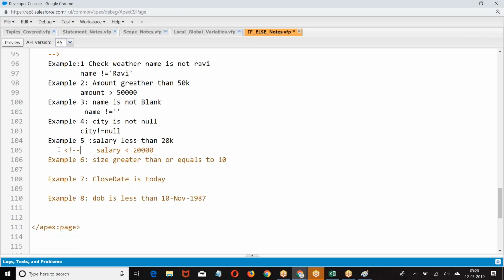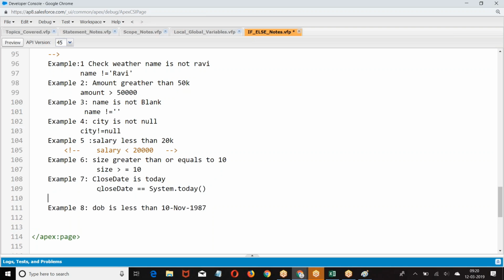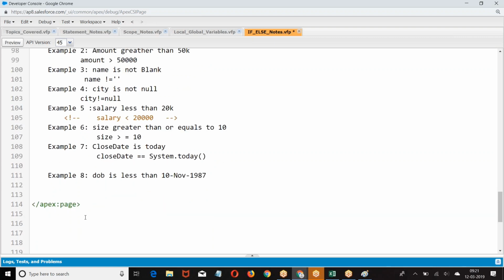Because I'm typing in the VF page, there's some issue there. Okay. The next, greater than equal to, then close date equal to system dot today. Date of birth is less than 10th November 1987. So what we do, date of birth less than Date dot newInstance of 1987, 11,